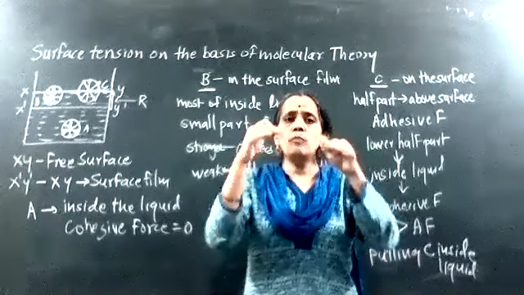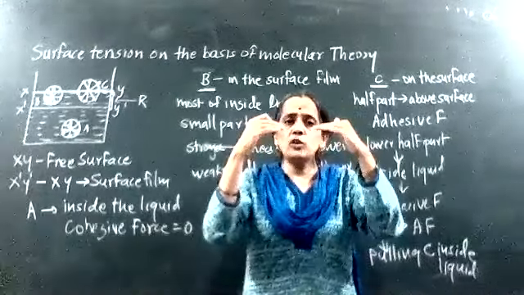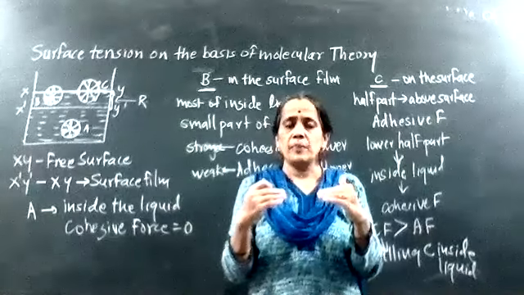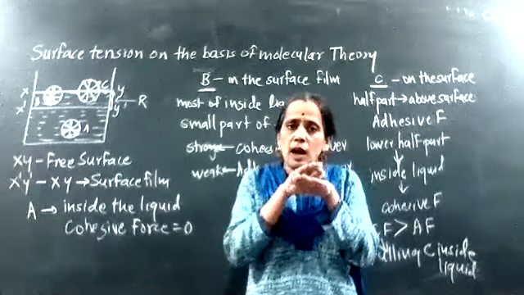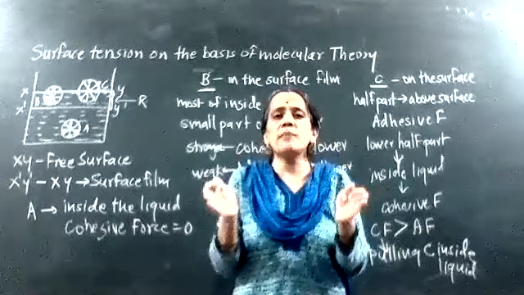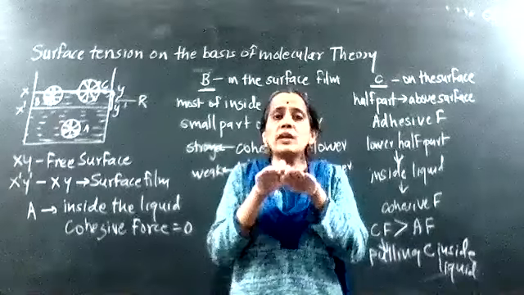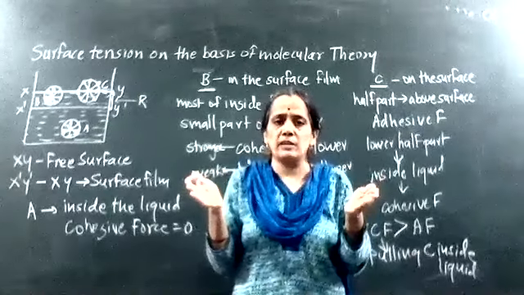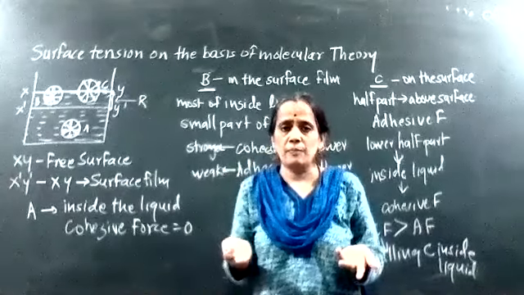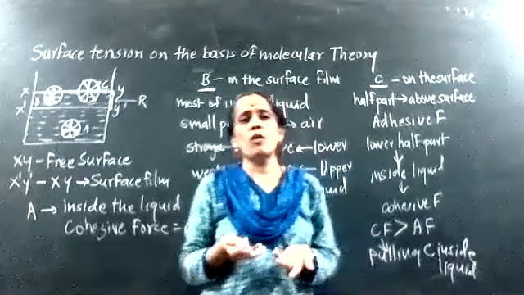So all molecules remain pulled down inside the liquid. And therefore, the upper surface area tries to minimize its area, and it will remain in the form of a stretched membrane, an elastic membrane, which will create a tension, and that tension is called your